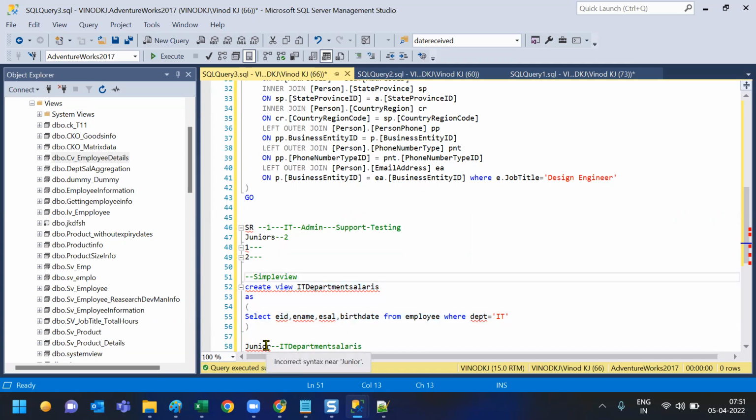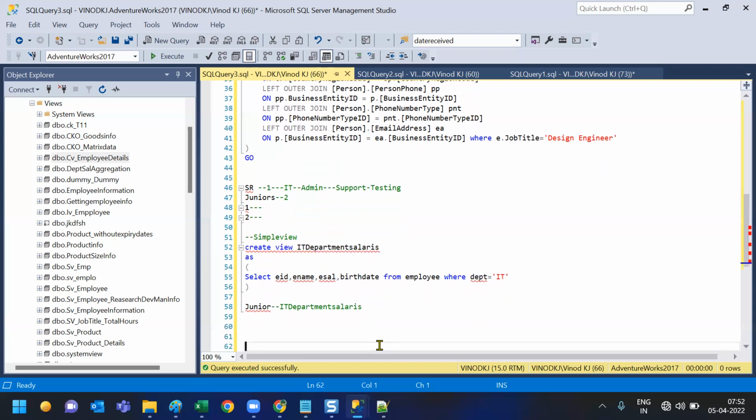Now when I'm giving this simple view to him, it's a plain select query. There are no conditions, no alias columns, no group by or any aggregate functions and all, correct? Yes, it's a plain select statement. Now the junior can not